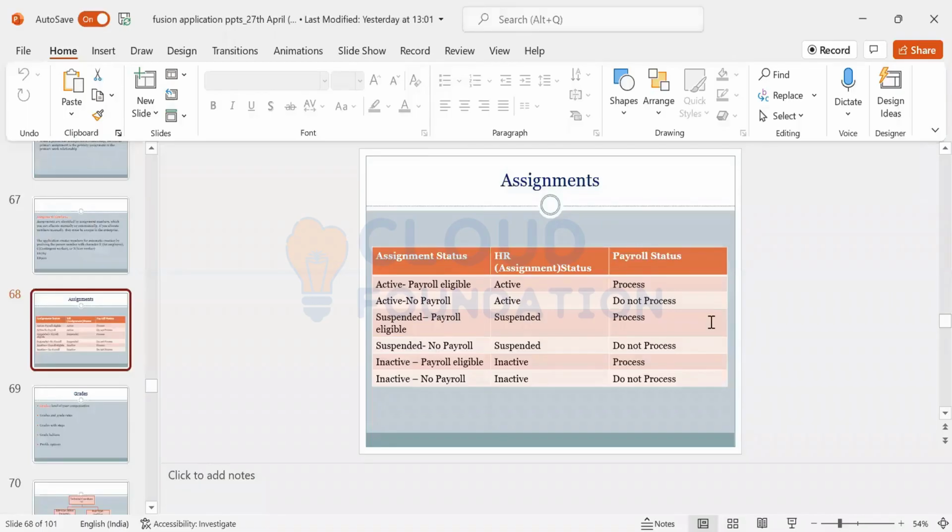So, when you talk about active payroll eligible and active non-payroll eligible, innovate.